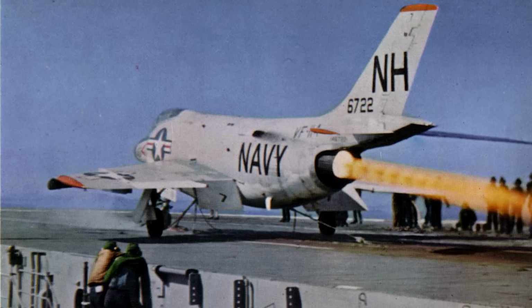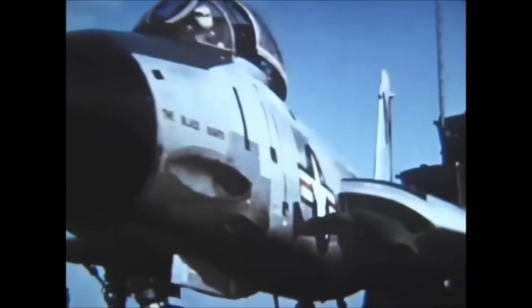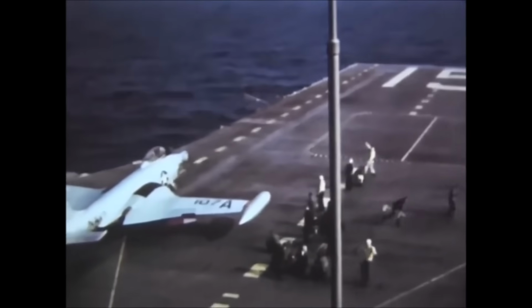The Demon was also an important stepping stone in the path to an all-weather, all-day carrier wing. This process had been started by the small cadre of night fighter pilots who flew Corsairs, and those in the anti-submarine and AEW force who variously flew Sky Raiders and Avengers. It was then taken on by the squadrons that flew the radar-equipped Dash 3 and 4 Banshees. They were the first to progress the art of night operations from an activity for small detachments into one for a whole squadron. But it was the Demon that went one stage further, and for a short time at least